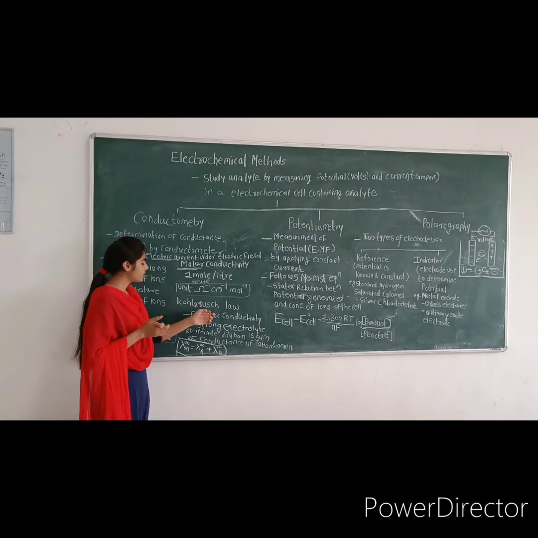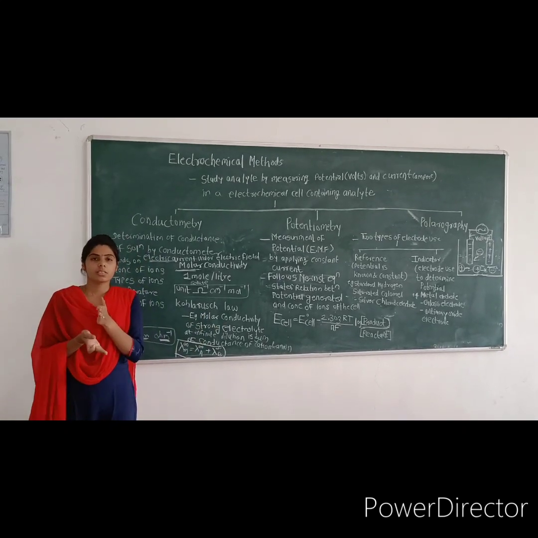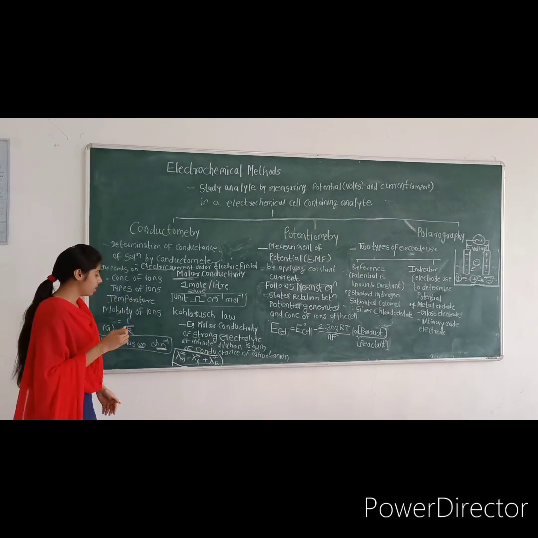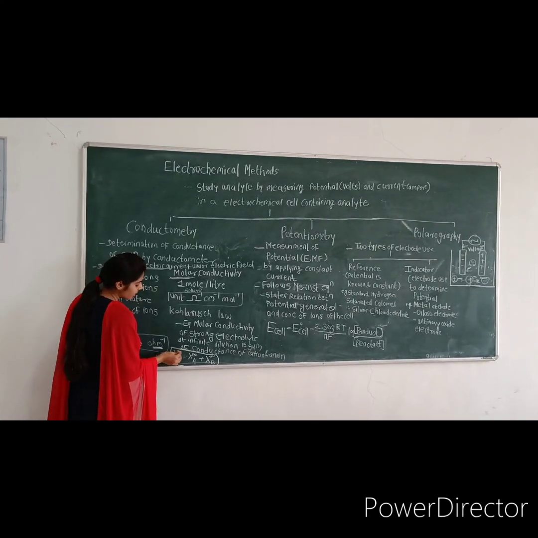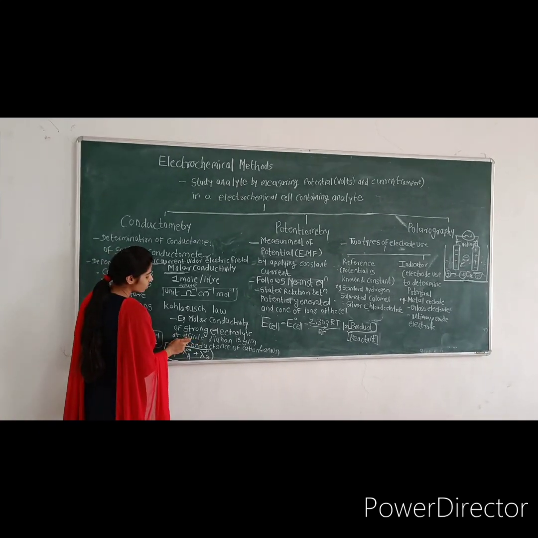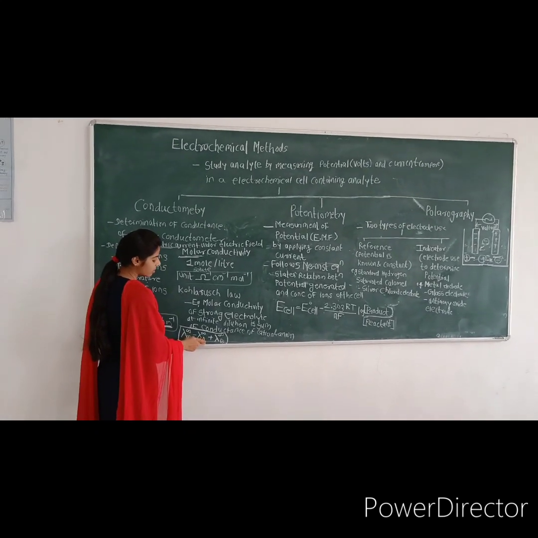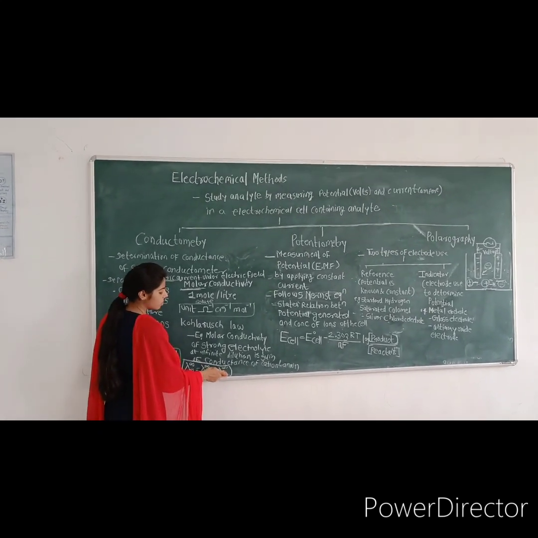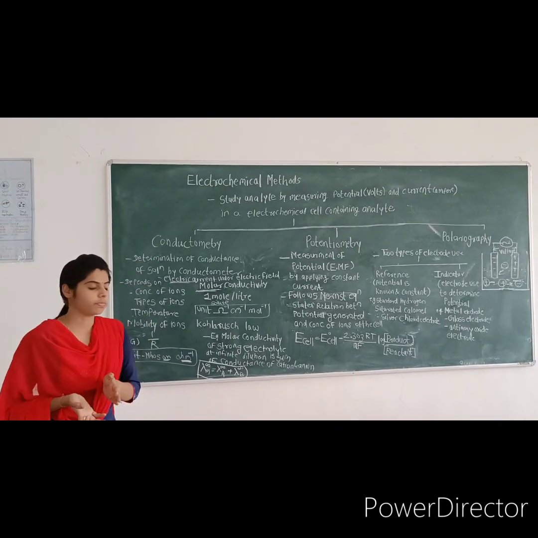Okay, Kohlrausch states that the conductivity of solution depends on the sum of cations and anions. See here, this is the formula: lambda max, this indicates infinity, that is, we take the solution at infinite dilution, is equal to lambda of concentration of A and lambda of concentration of B. Okay, this is the statement of Kohlrausch's law.